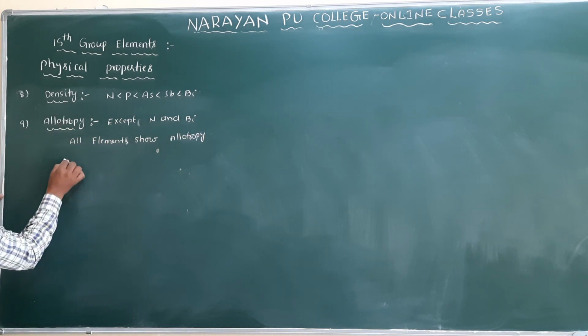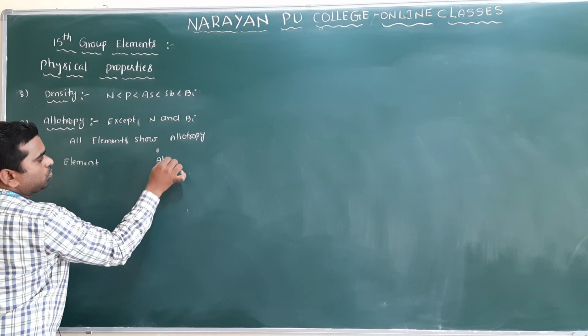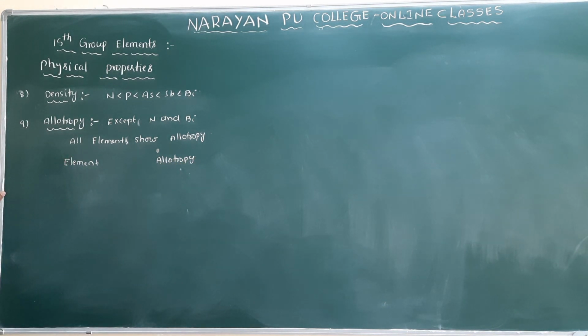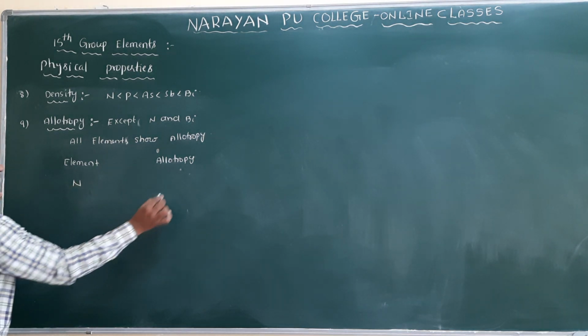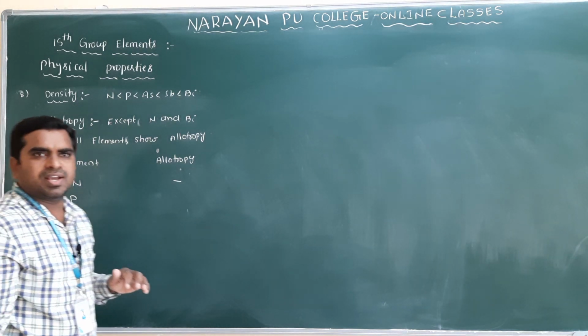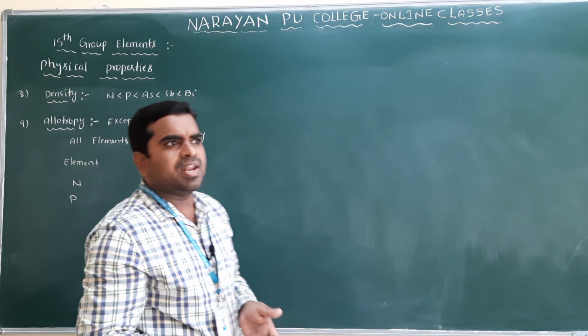Clear? So I will write here element and here allotrope. Nitrogen will not show any allotropy, and phosphorus shows various allotropic forms, but the main allotropes of phosphorus are